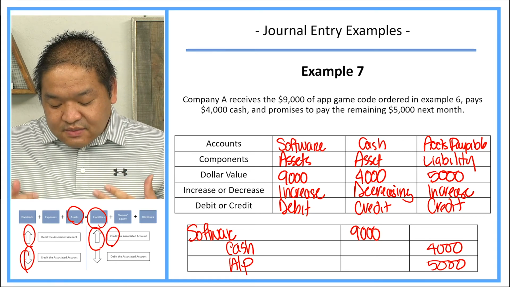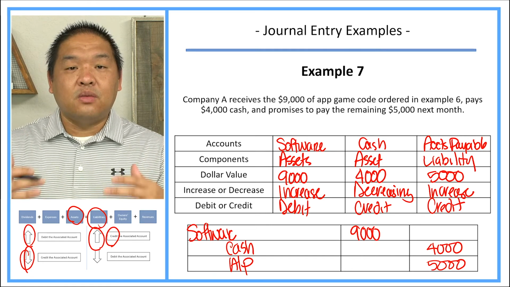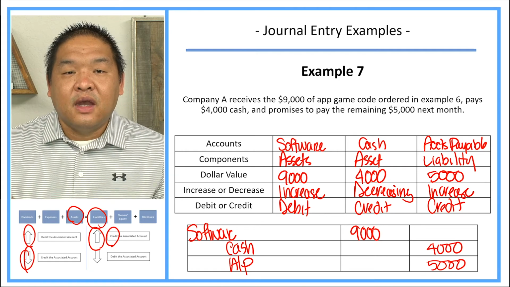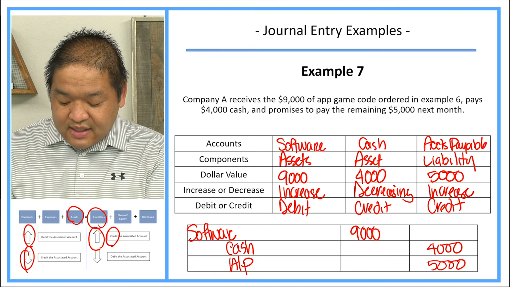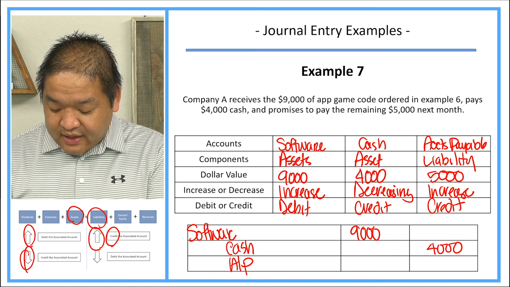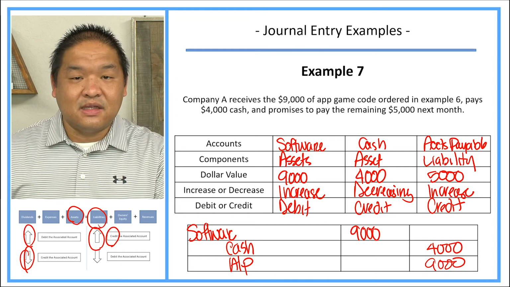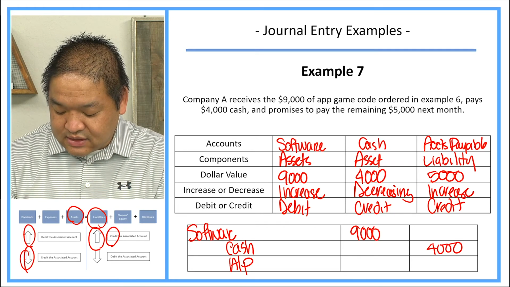So I think sometimes students get a little scared here when they're looking at this and they're going, oh, there's so much more to this, but there really isn't. Keep yourself organized and you'll get to this point. Now, there are times when I'll see something like this, or I might see something like this, just because they feel like they have to have a 9,000 on one, 9,000 the other, but make sure it's just your debits must equal your credits. So in this case,